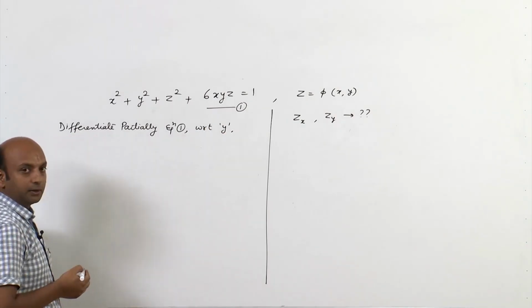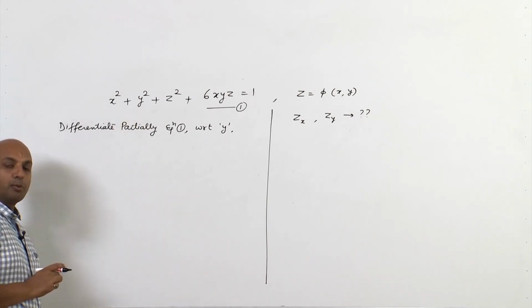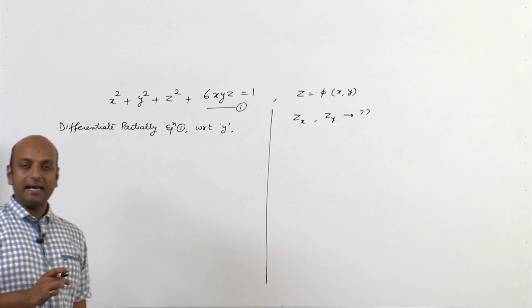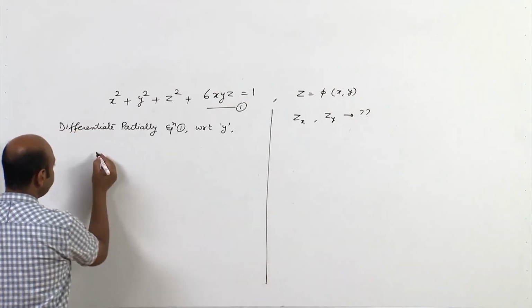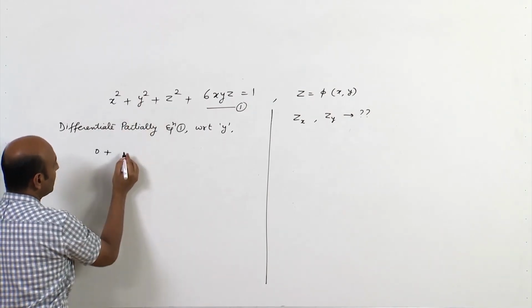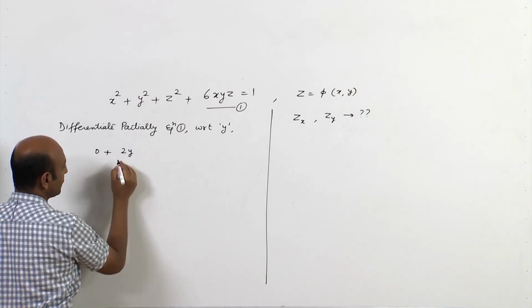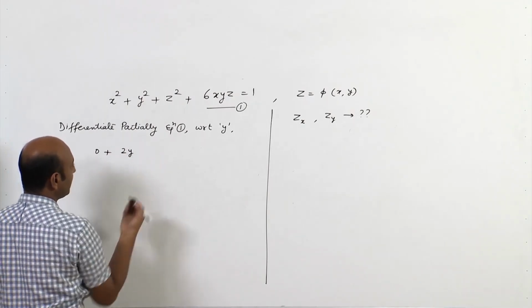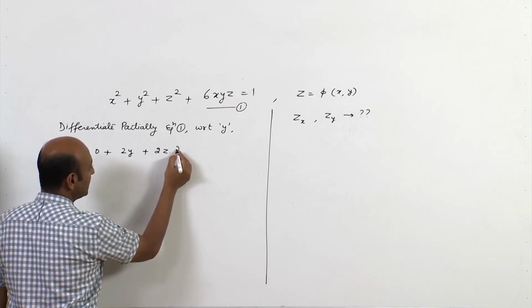So, what will we obtain? Now, x is independent of y. So, the partial derivative of x with respect to y will be 0. So, this is 0 plus y square, the partial derivative of y with respect to y is 2y, of course del y upon del y is 1, plus 2z into del z upon del y,